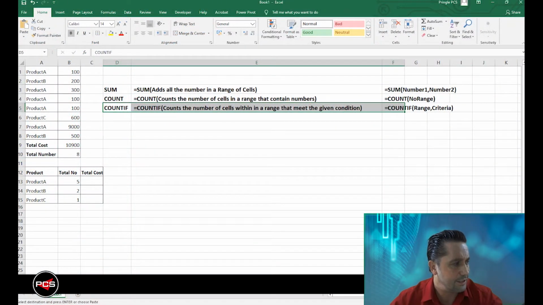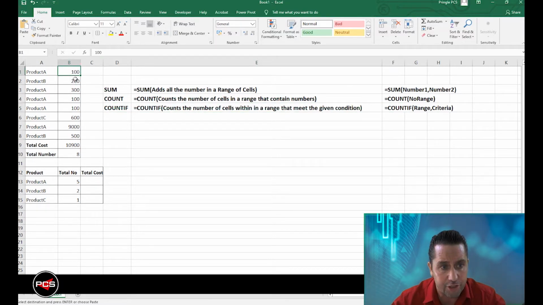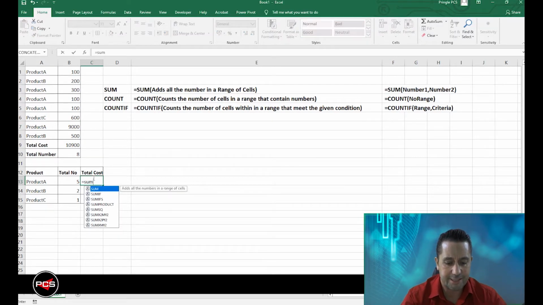The next one we're going to do, it's a bit more advanced, is SUMIF. So what that means is I want to add up all the products A. So that 100, that 300, that 100, that 100, and that 9,000. I want to add them all up. Now this formula is called SUMIF. So if we now type in equals SUMIF,